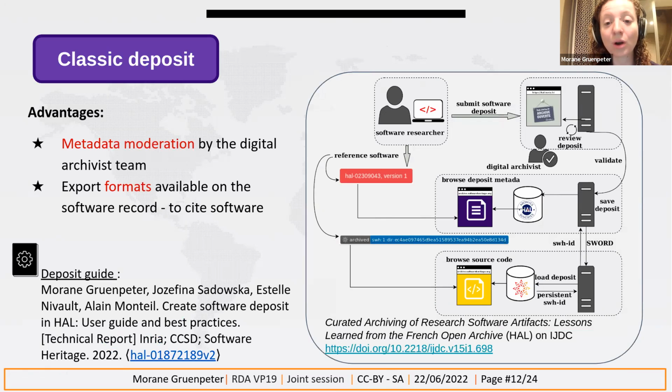Quickly, I will show you how it works. So the researcher is coming to the platform, the HAL platform, splits code, and then there's a moderator, a digital archivist that will verify the deposit by verifying specifically if the metadata deposited on the record are coherent with the ones that can be found